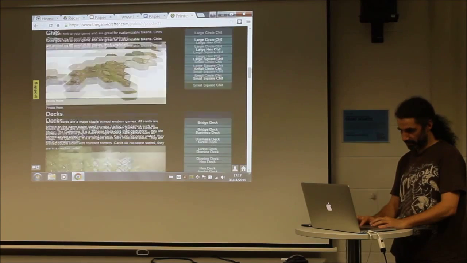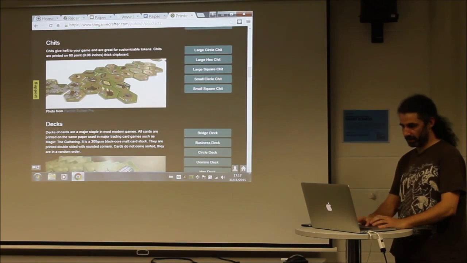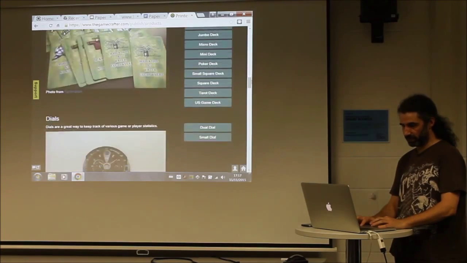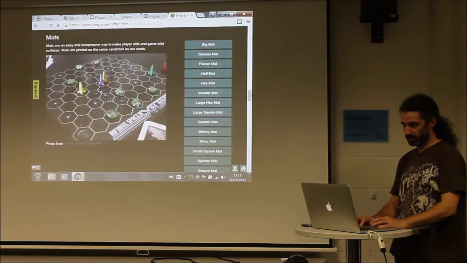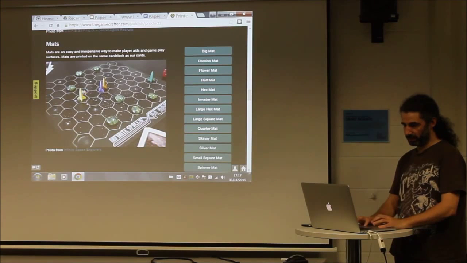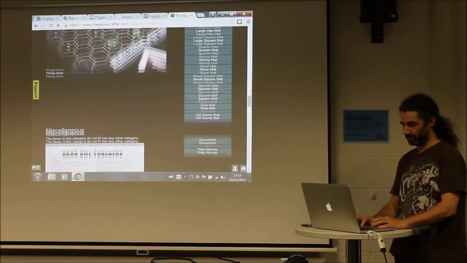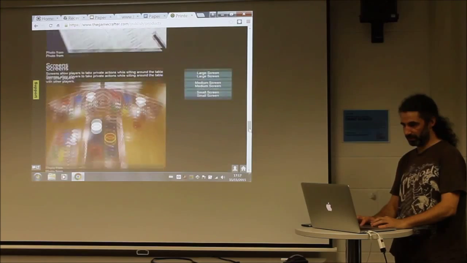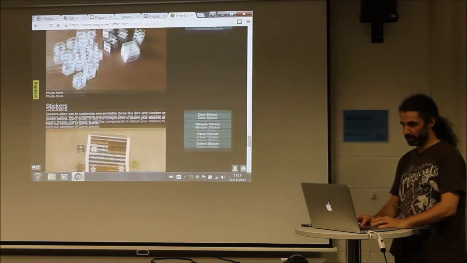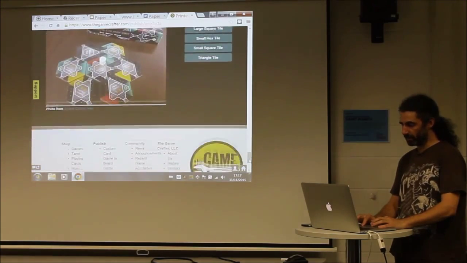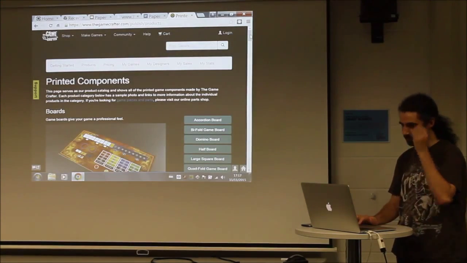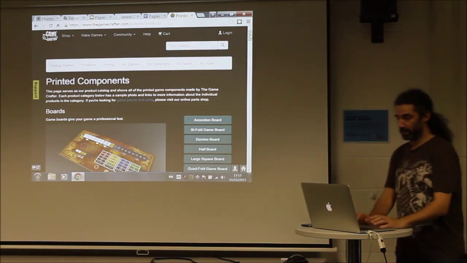Large box, oh yeah. So you can get hex pieces, put the hex on someone, or cards, decks of cards, custom cards, files for things, just bits and pieces. You can buy all these bits and plastic pieces and stuff like that, so you can build your own custom Monopoly set if you really wanted to. And instruction sets, they can print them out for you on nice paper. So it's pretty awesome. It's not too expensive either. You have to pay a bit of money, and it's shipped in from America, I believe. I don't know if they've got a European distributor yet, but it's a nice place to